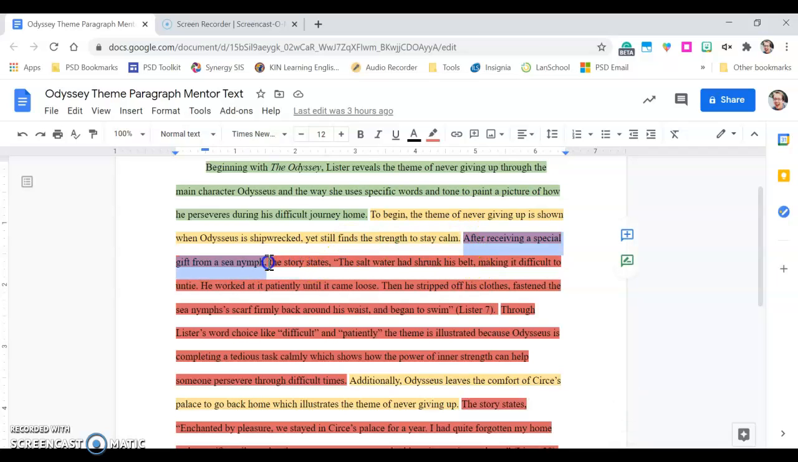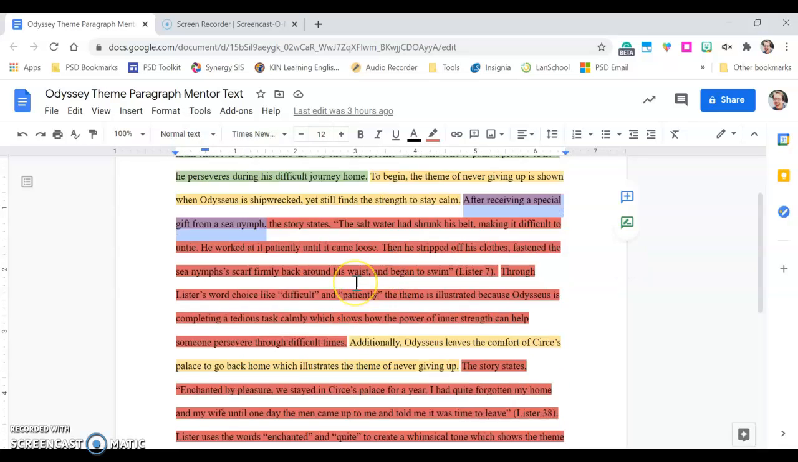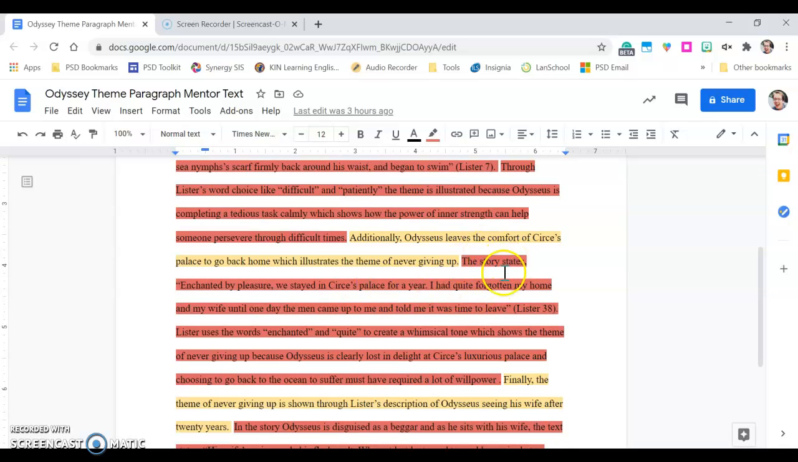or it might lead in with a little context. So like this one is talking about the moment when Odysseus is shipwrecked at the beginning of the book. So it says, "After receiving a special gift from a sea nymph, the story states." We've got our commas in between the transitions and our quotes, but we want to make sure that as we are piecing our outline together into a paragraph,